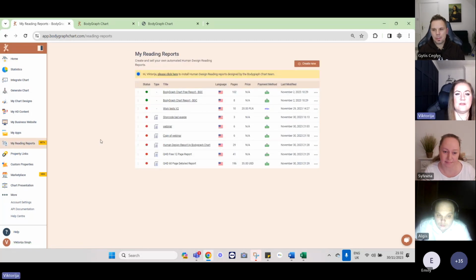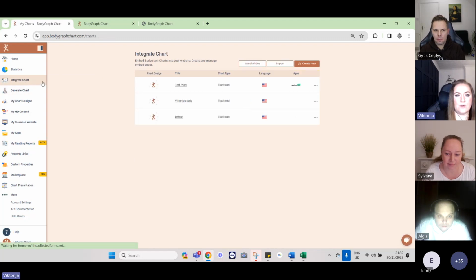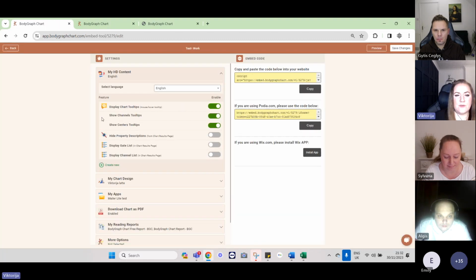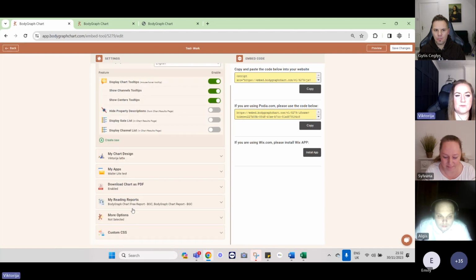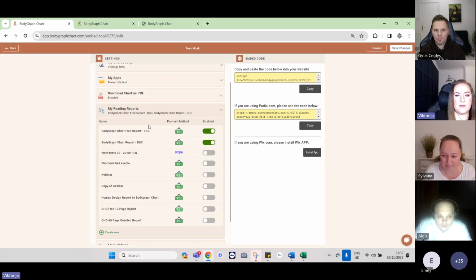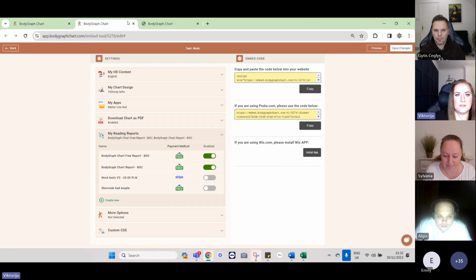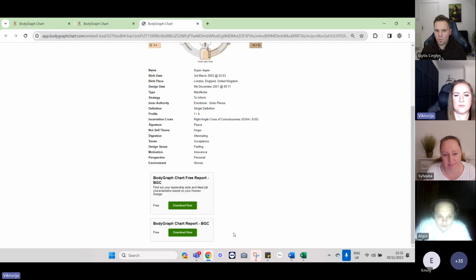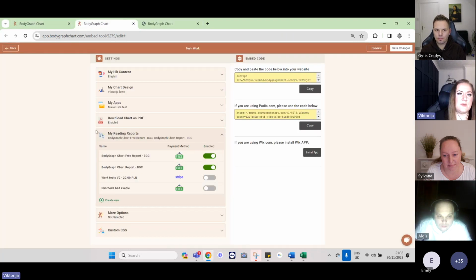your business. Now, once the reports are ready, you can use them in a few ways. So first, you can offer them on your website. To do so, you have to go to Integrate Chart, open your embed code that you're using on your website, scroll down to the my reading reports section, and enable reading reports. So when the person submits the chart, those reading reports will be listed and available for the customer either to download for free, or if you set up the payment, it will be